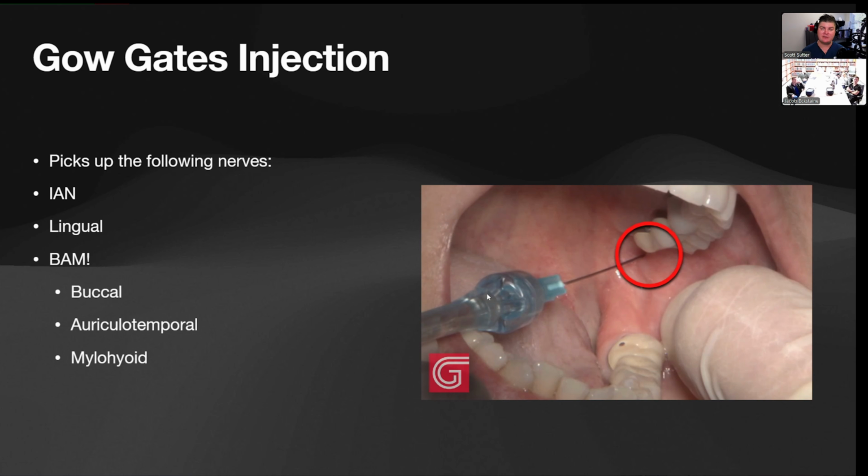The reason that I use the long-acting and the more potent one on the Gow Gates is it's a similar